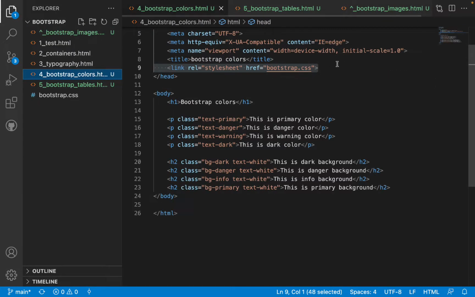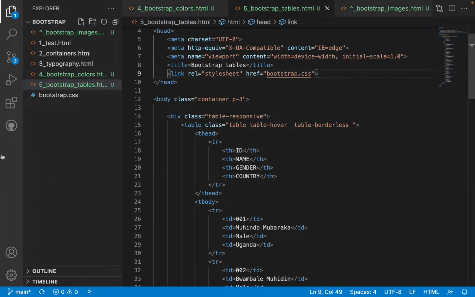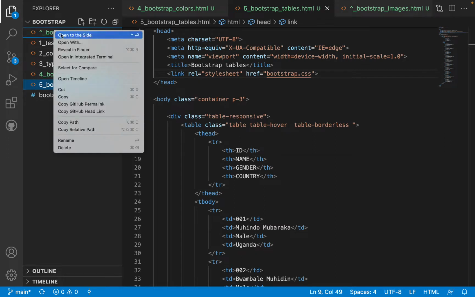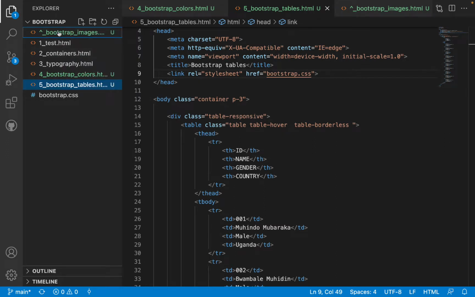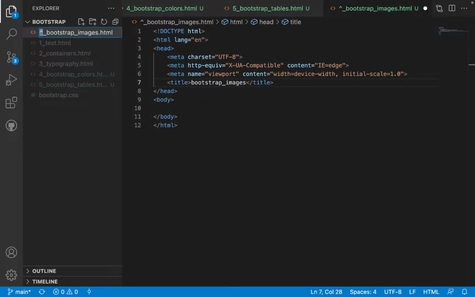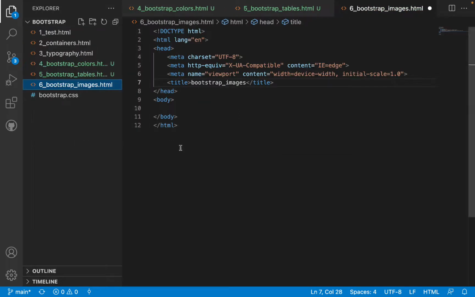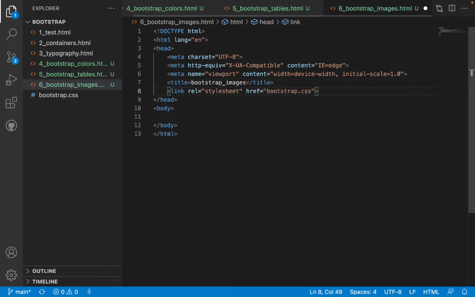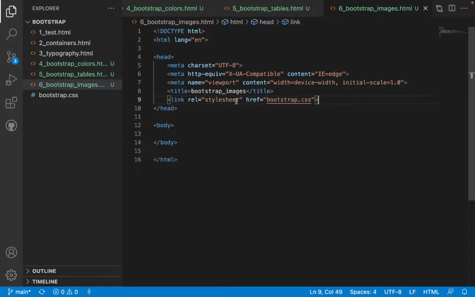Don't forget to import bootstrap.css. So I'll come here and add a number 5. This is number 5. So I come here and add bootstrap CSS. So I'm going to put here some images in my project, the one that I'm going to use to